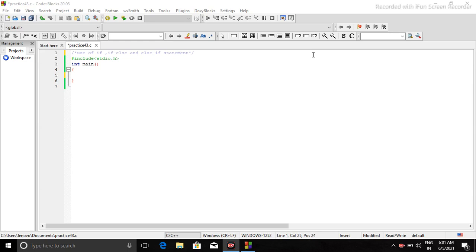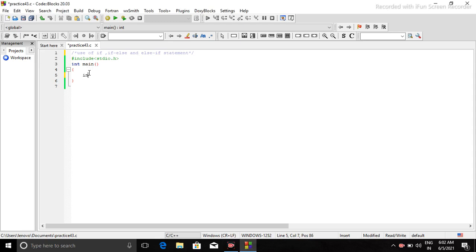So if I'm creating a program which will take the age of my user, and based upon that age the program will say whether you can get a vaccine or not. Let us try to create a program which will take age as an input and give an output whether you can get a vaccine.